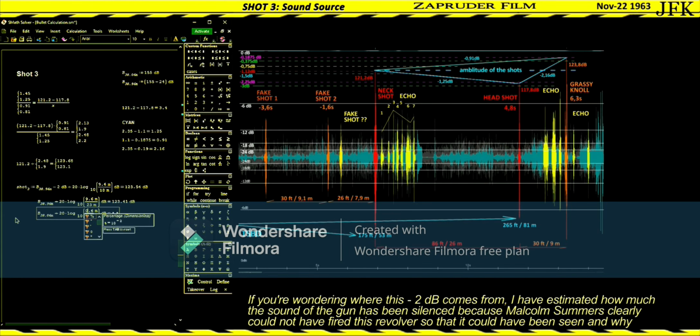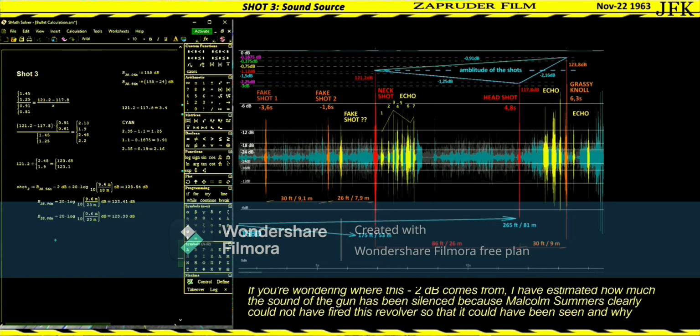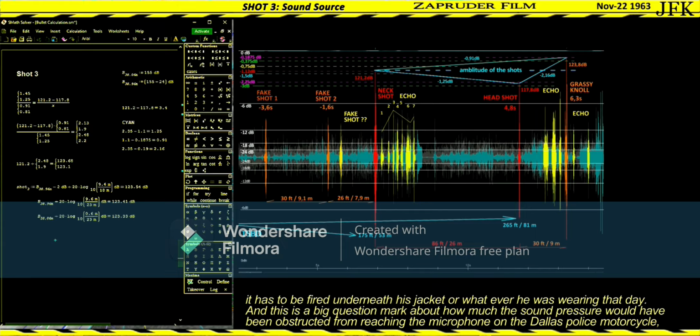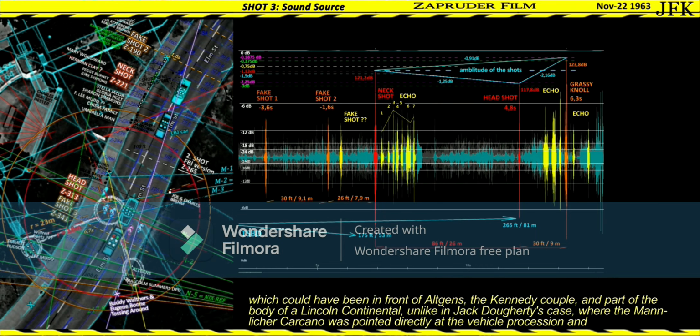If you're wondering where this -2 decibels comes from, I have estimated how much the sound of the gun has been silenced, because Malcolm Summers clearly could not have fired this revolver so that it could have been seen, and so it has to be fired underneath his jacket or whatever he was wearing that day. And this is a big question mark about how much the sound pressure of Summers' gun has been obstructed from reaching the microphone on the Dallas police motorcycle, which could have been in front of Altgens, the Kennedy couple, and part of the body of a Lincoln Continental,